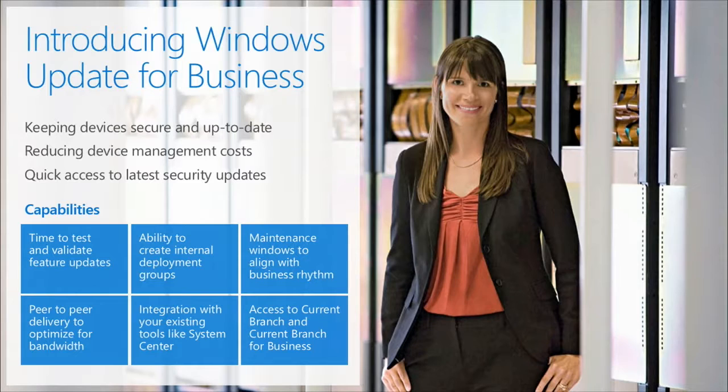Today, with what we've delivered in Windows 10 initially, we provided peer-to-peer delivery capabilities so that we can download the bits and then have one machine share it with others to save internet bandwidth. We've also provided the controls around current branch versus current branch for business. Those capabilities are there today, but we do expect to provide additional features over time to let you define your own rings, to let you do scheduling and maintenance windows and other capabilities like that. So we will be beefing that up as we move forward down the line.